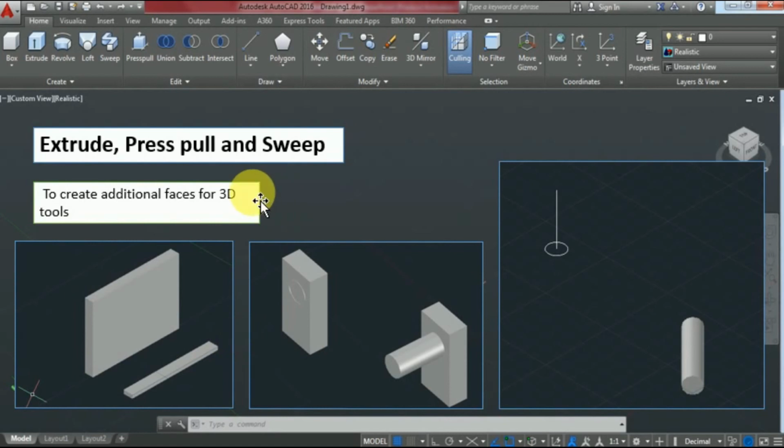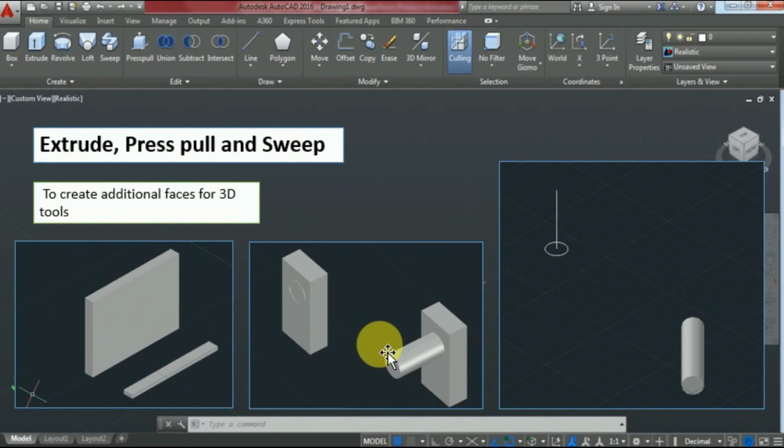Extrude, press pull and sweep. The extrude command is used to get any object in a 3D form with any thickness, height or dimension. Here you can see the wall is being constructed using the extrude command.